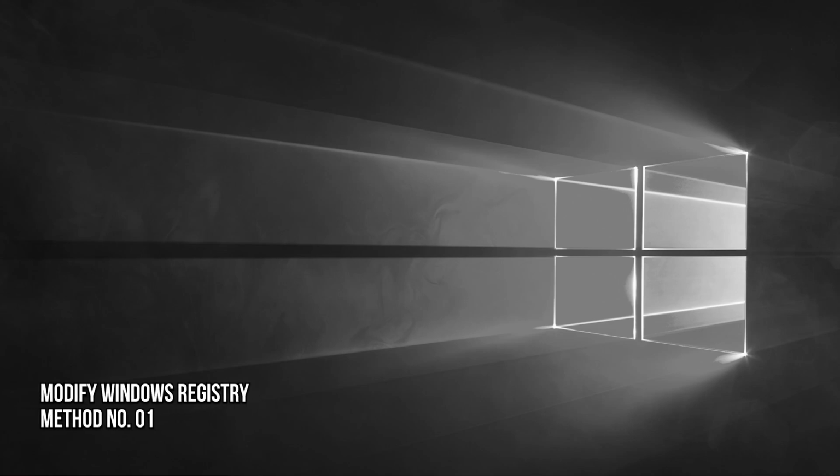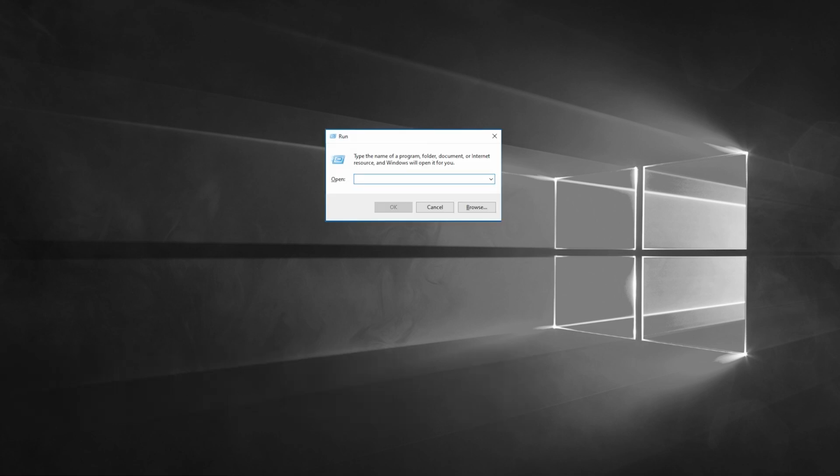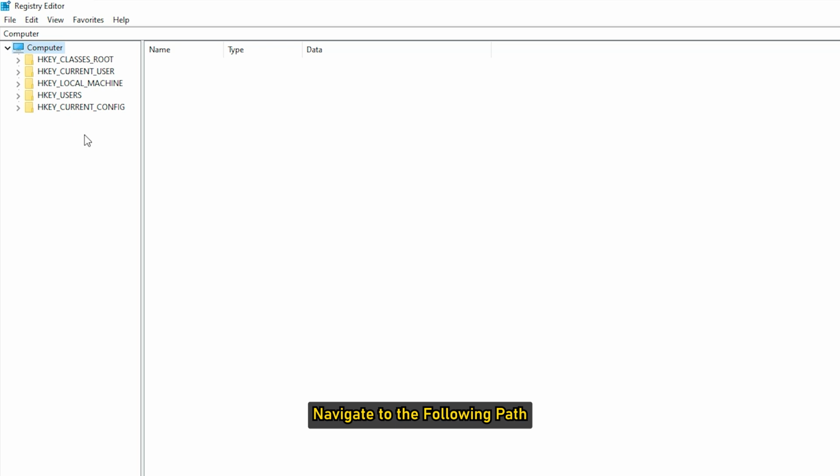Method 1. Modify the Windows registry. A simple way to stop these notifications is by creating a new registry entry. Here is how to do that. Open the Registry Editor by pressing Win+R, typing regedit and pressing Enter. Navigate to the following path: